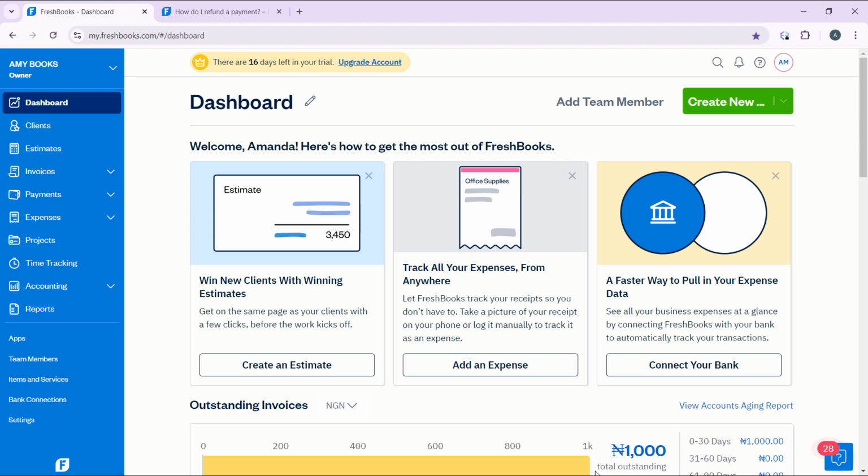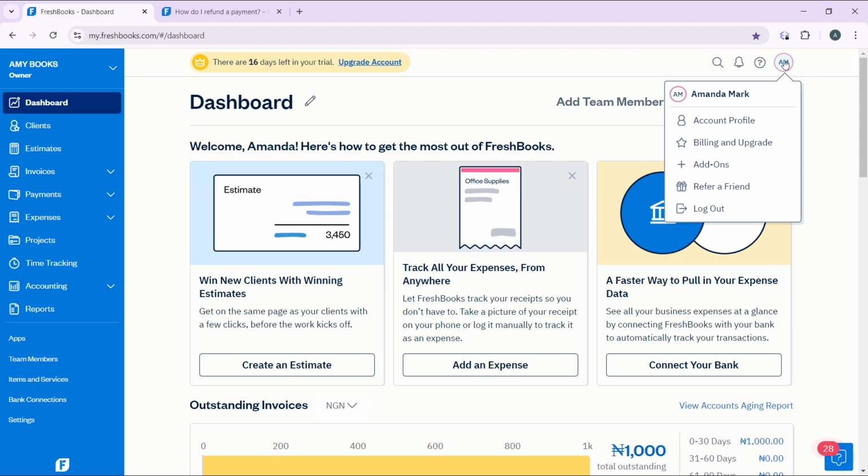So now that we're here, let's quickly hop into today's text, and that is how to reset password in FreshBooks. So from this homepage, I'd like you to head over to the top right corner of your screen where you have your profile icon in there. So go ahead and click on that. Now you have these extended options, which include account profile, billing and upgrade. You have add-ons, you have refer friend, and you have logout. So go ahead and click on